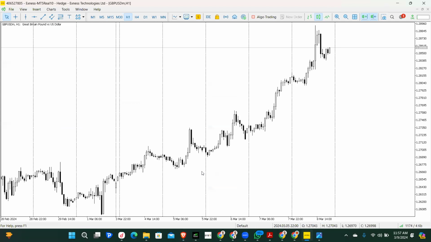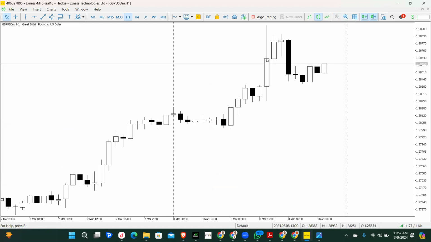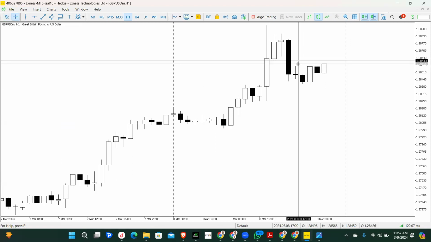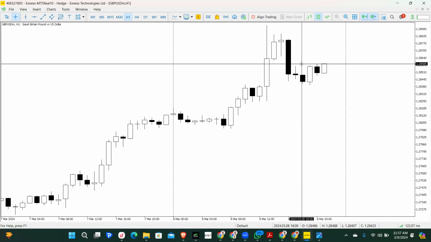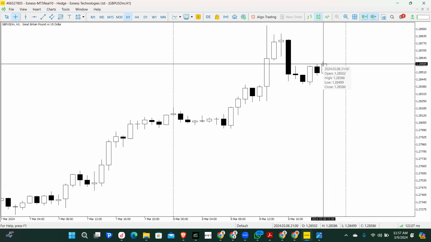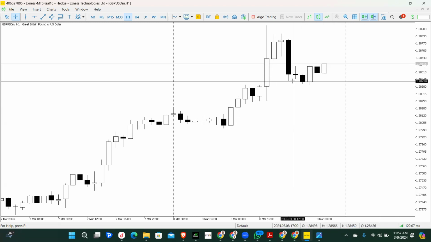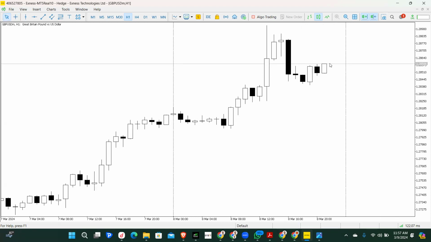I know that this might be somehow strange, but I'll still explain it. I just want to use it to show you something. For now, the price of GBP/USD is trading around 1.285585. This was the price when the market closed on Friday. Now, if I want to execute this trade by market order, this simply means that I'm buying it at this price. That is why it's called market order or instant execution.